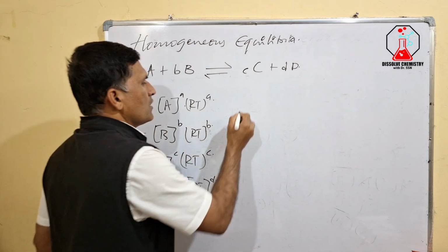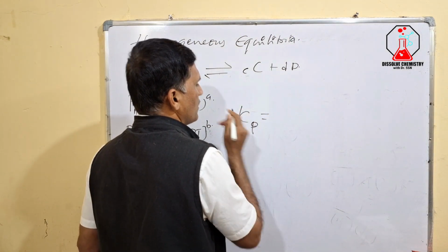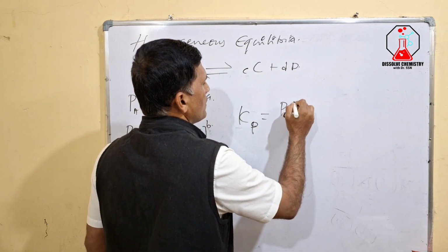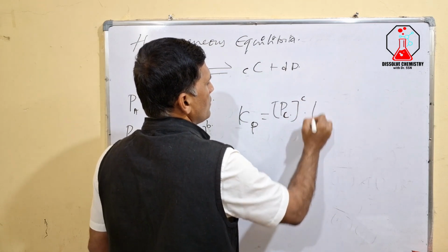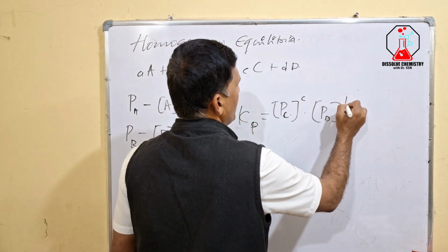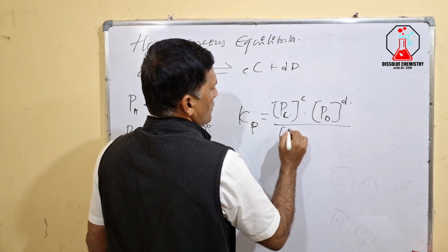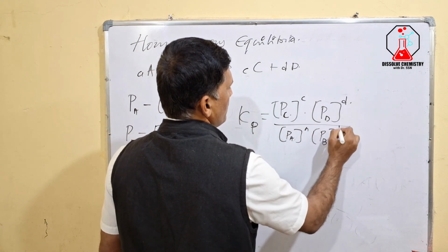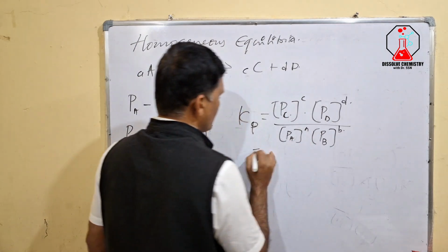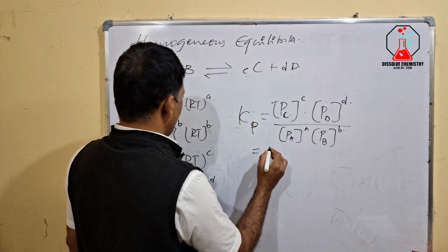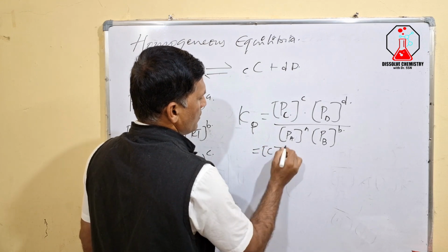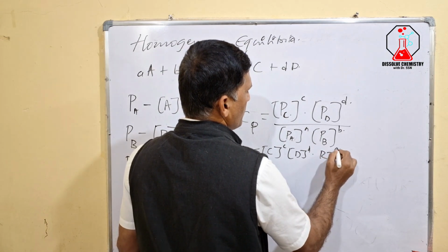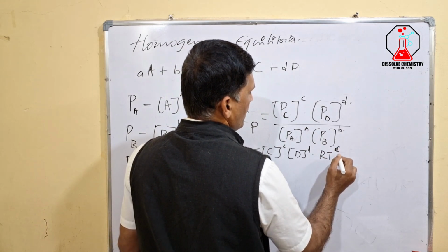Now let us substitute in the Kp equation. Kp is equal to PC raised to the power c into PD raised to the power d, divided by PA raised to the power a into PB raised to the power b. So let us substitute the values. What you will get is C raised to the power c into D raised to the power d into RT raised to the power c plus d,